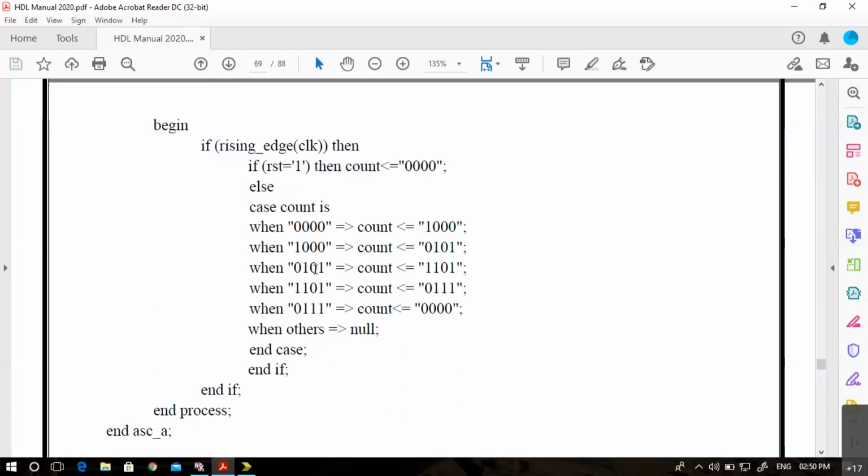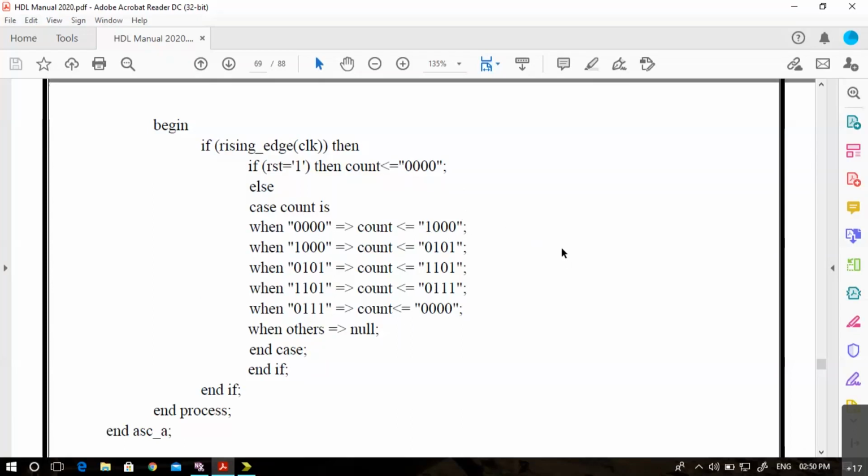Next output is 3, and when the next rising edge of the clock occurs, count is assigned 13. You can see this is now 12 plus 1, 13. In the next rising edge of the clock, it is 7. In the next rising edge of the clock, it is 0. In that way, we have now 8, 3, 13, 7, 0. So totally, this will keep on repeating. Again, when count has become 0, 0, 0, 0, count is again 1, 0, 0, 0. This will keep on repeating.